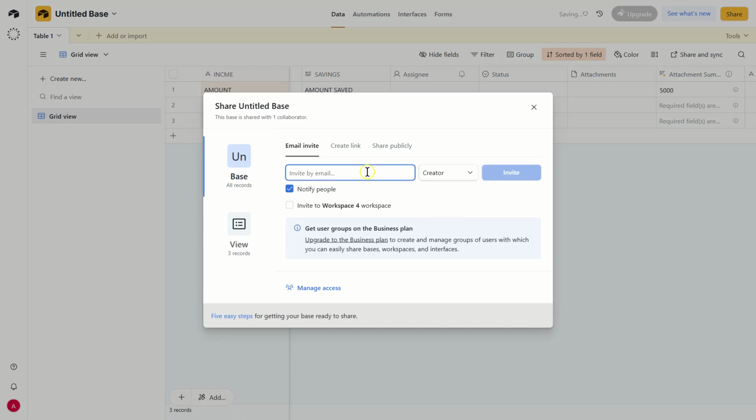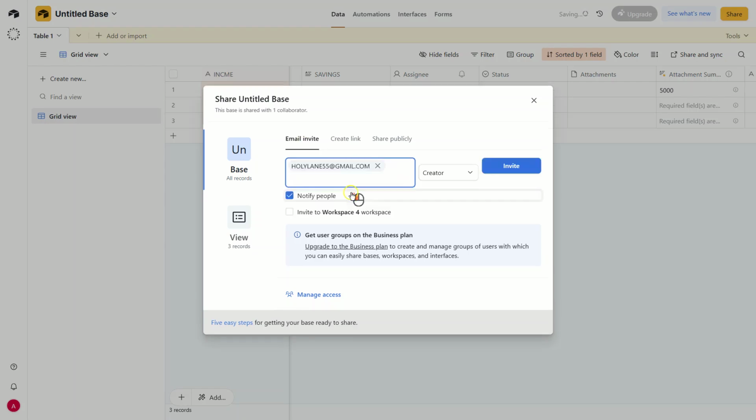Here, you'll enter the email addresses of your teammates. This helps us because it allows us to directly invite our collaborators into the base. Let me explain why this matters. By doing this, you ensure that your team members receive an invitation to join your project, which they can accept